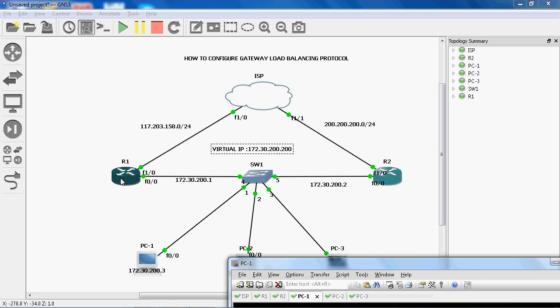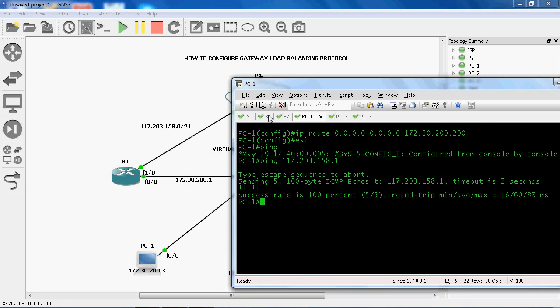So the R1 router is the active virtual gateway, so it's the only one responsible for ARP requests. Now PC1 sends an ARP request for the default gateway. The R1 router has a virtual MAC address for R1 and for R2. So when PC1 sends the ARP request, it will respond and send its own virtual MAC address, that is